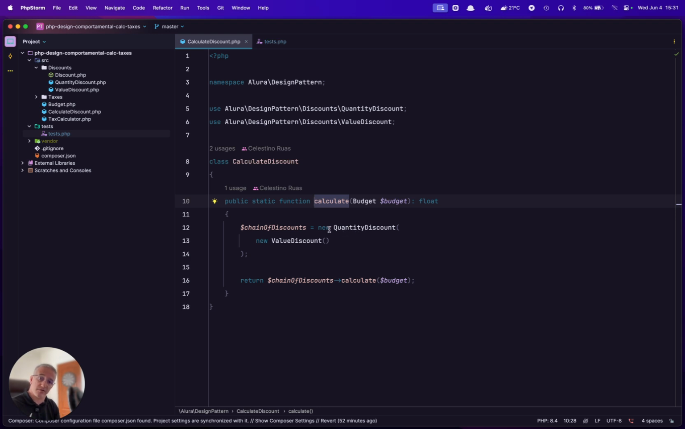Why do I do that? Because when I create this class, I can pass the next one in the constructor. So the next is, I want first by quantity and then by value. I first pass the quantity class and I pass the value discount as an argument, which would be the next. And as this one doesn't have any, it would finish here. So it would give back the discount,